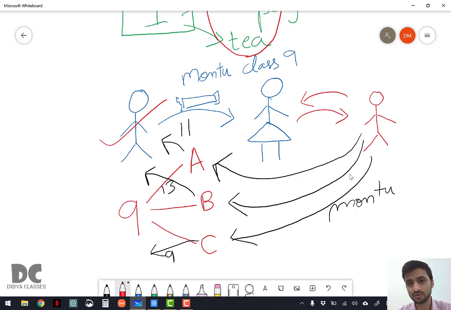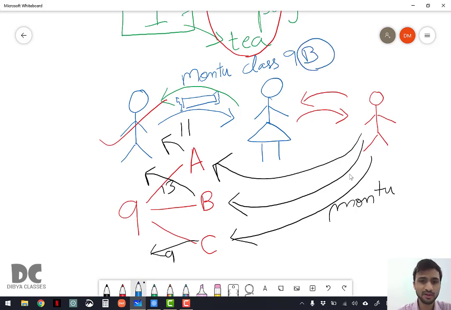He says that every section has so many Montus. You are asking for which Montu? Because obviously the class teacher will not leave everyone, the class will be almost half empty. So now the principal asks, which Montu? Again he said, a Montu of class 9B. Now again there is a problem. In class 9B there are 13 Montus.